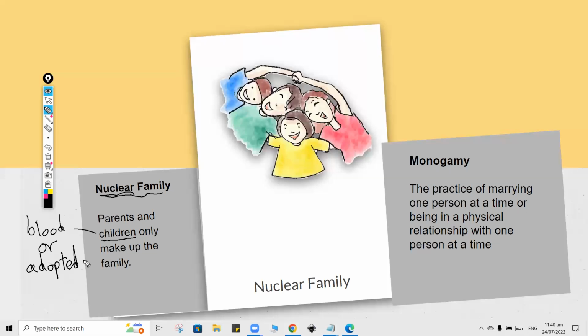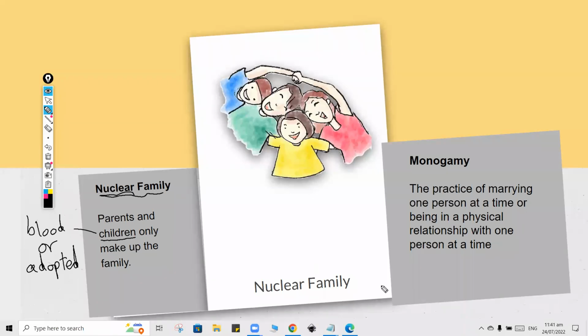I suppose your foster children might fit into this role as well, right? But it's not just biological children. If parents have adopted children, whether they've adopted relatives, children of relatives, or whether they've adopted through a government ministry or organizational system, the idea is that these two generations are in the same household, the parents and the children,